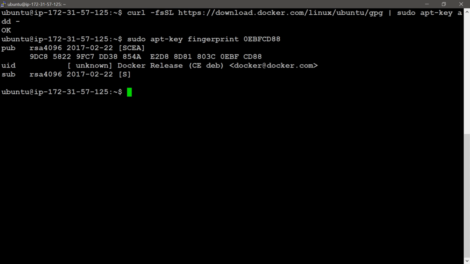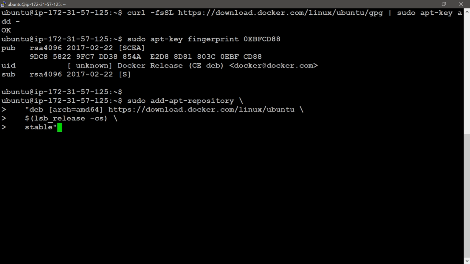Now I am going to add the Docker packages to the apt repository on this system. The command is very big: sudo add-apt-repository deb [arch=amd64]. It is a very long command.